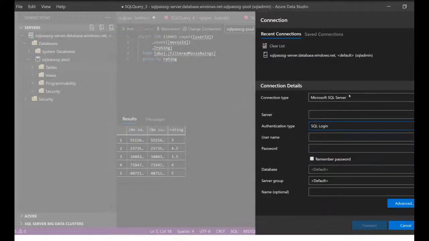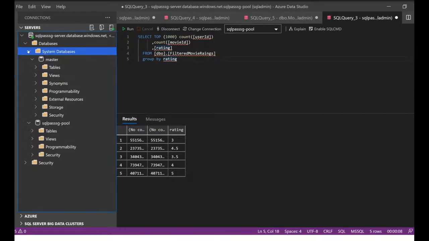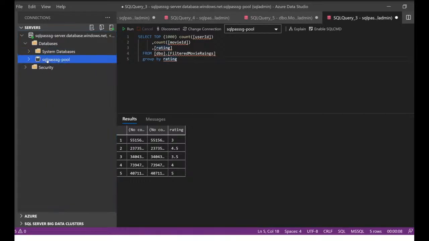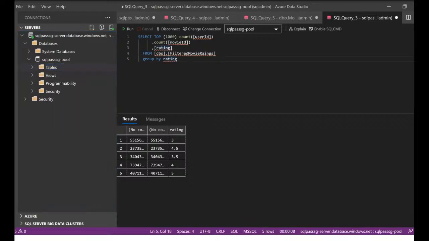I can use the SQL login, and provide the server name, username, and password here. Once I'm connected, I would be able to see the databases. We have the system databases, and a database named SQLST pool created here. In the tables, you can see that I have this filtered movie ratings table, which I can query using a normal SQL query. Let me just fire this and see the results.